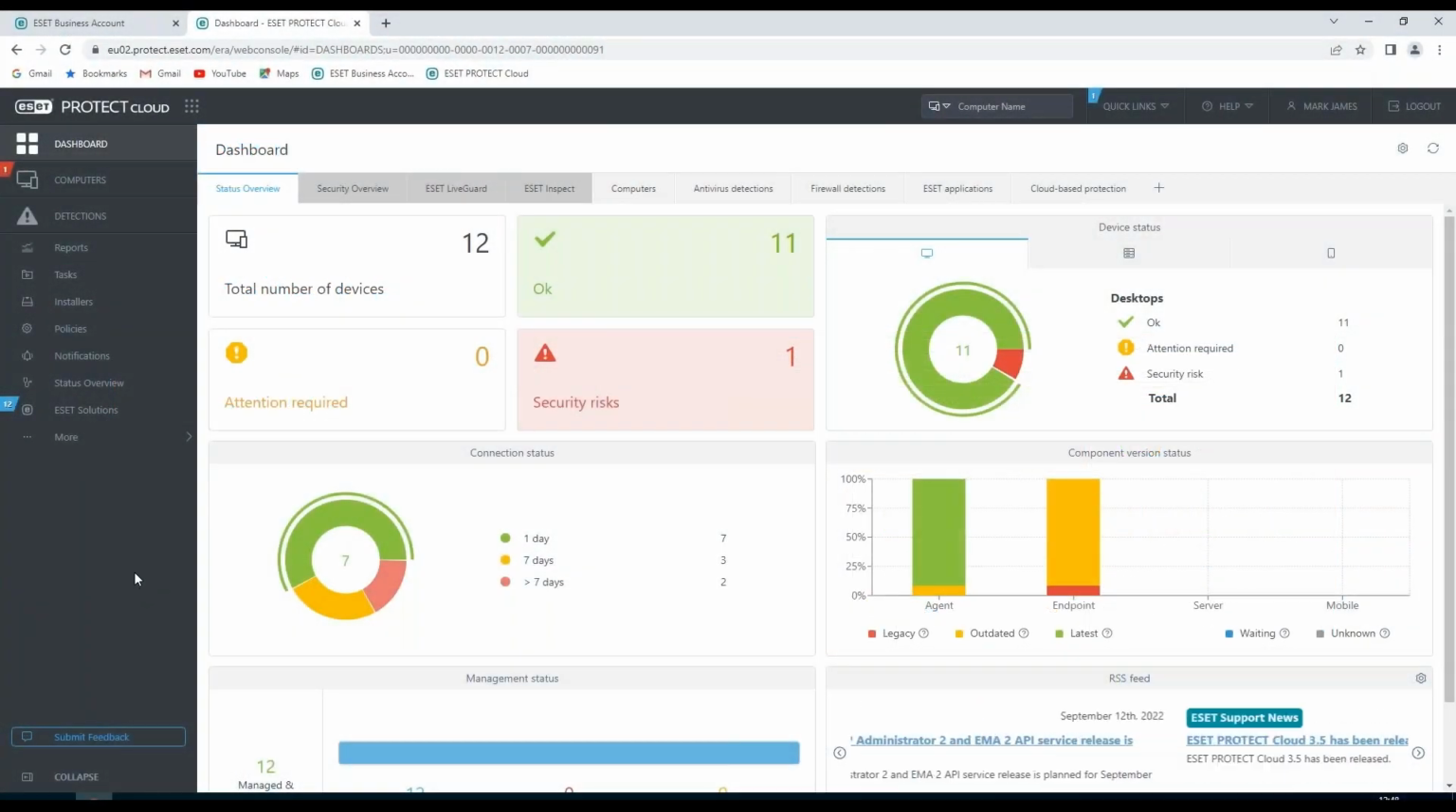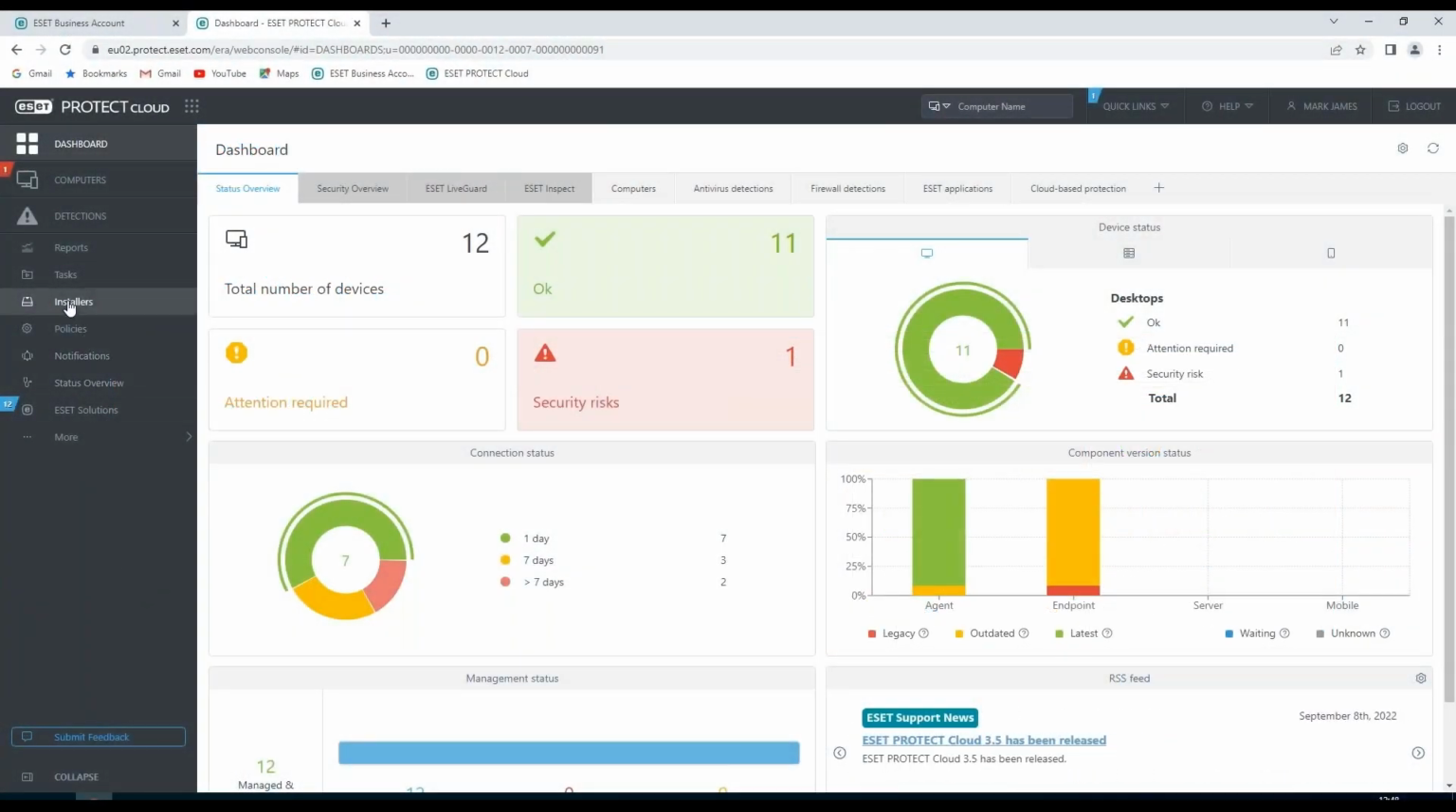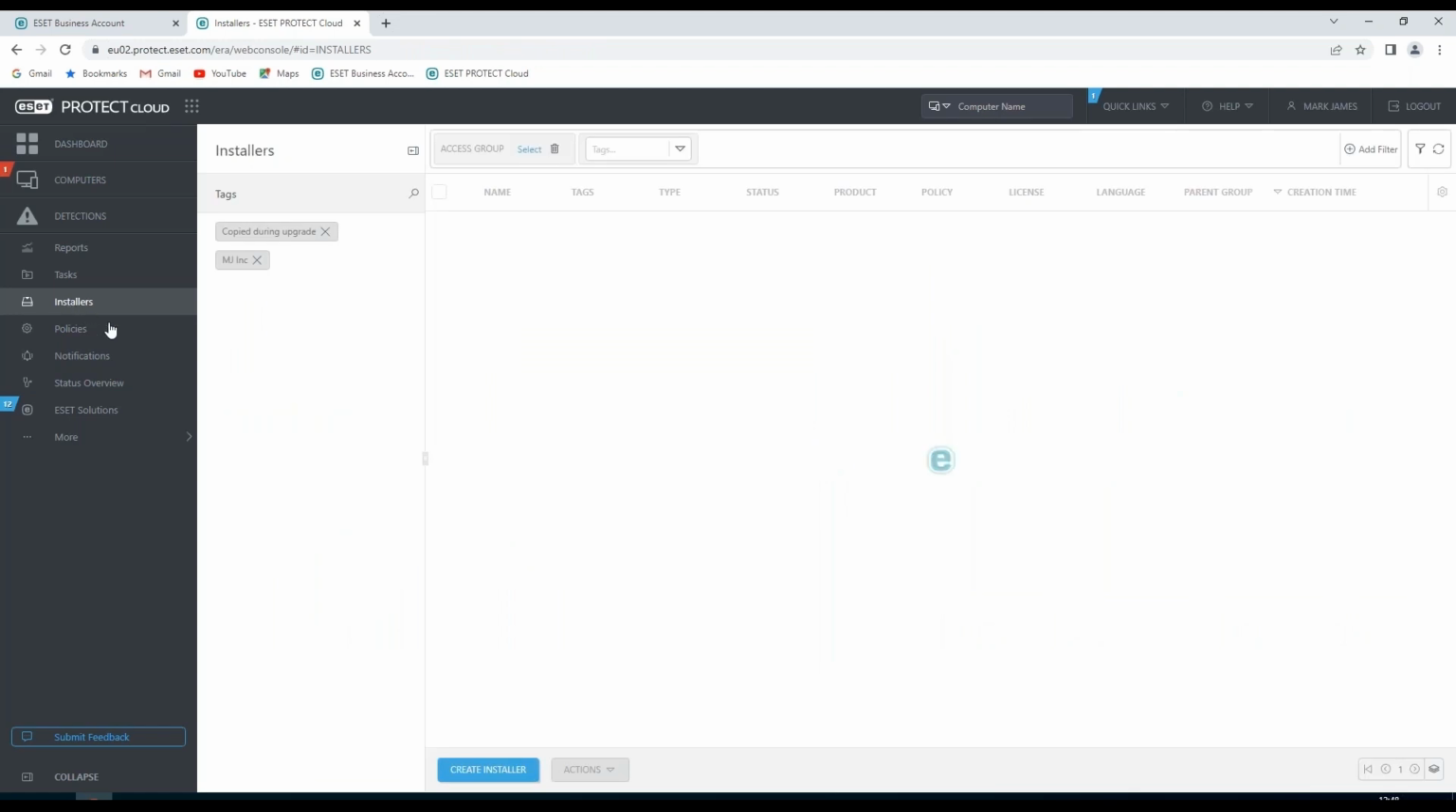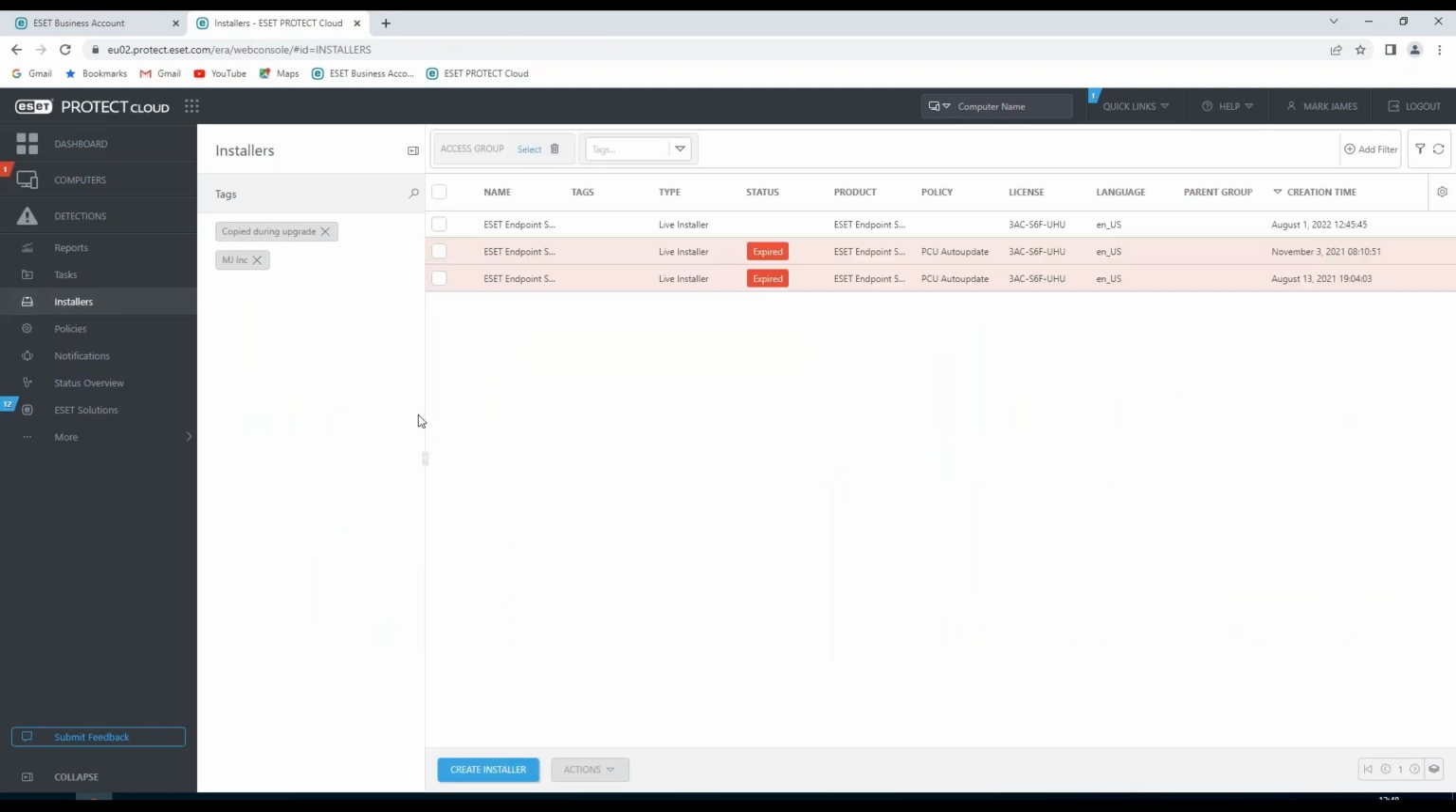Hello there. In this session, I'm going to create an installer in ESET PROTECT Cloud for an ESET product. I'm going to go on the dashboard to the installers section where we can see any installers which are currently valid or in this instance expired. I'm going to create an installer